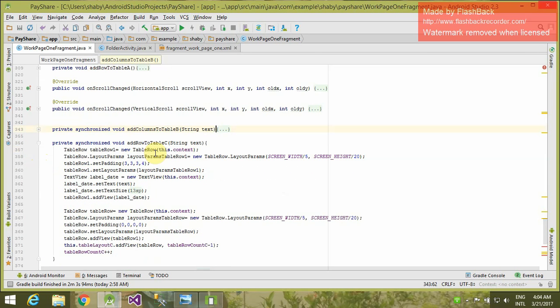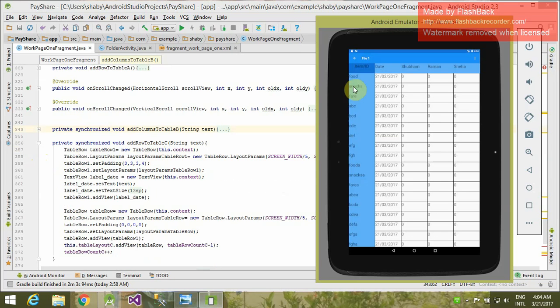We have to directly add this row inside table C, as each row we add will go down as a row. It will not be appended as a column. It is the default nature of a table that if we add row after row, it will consider it as a row, not as a column.